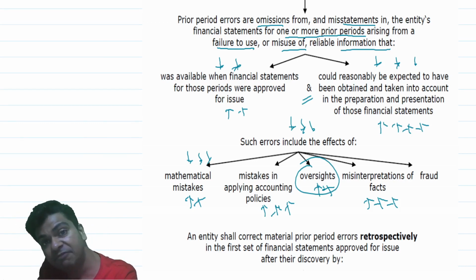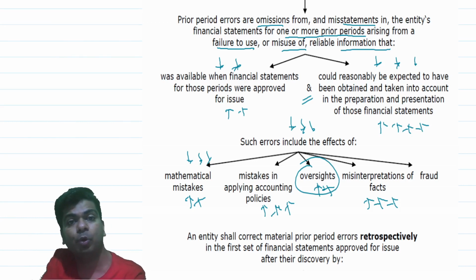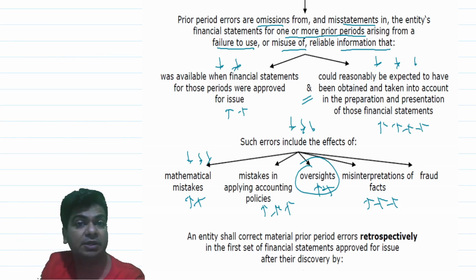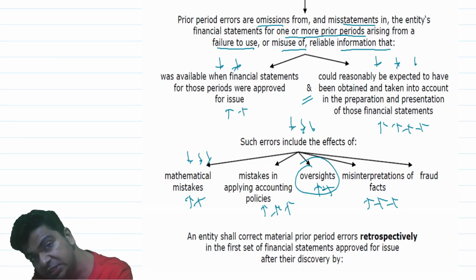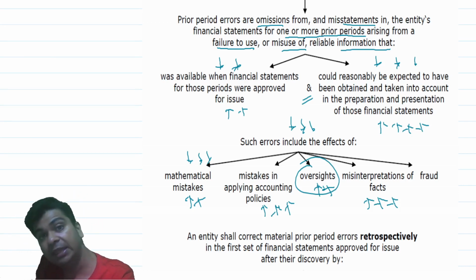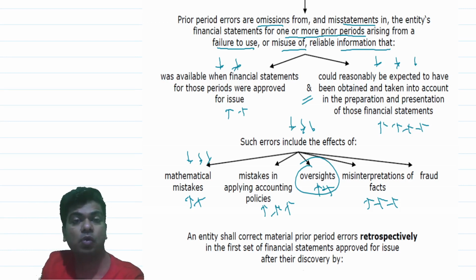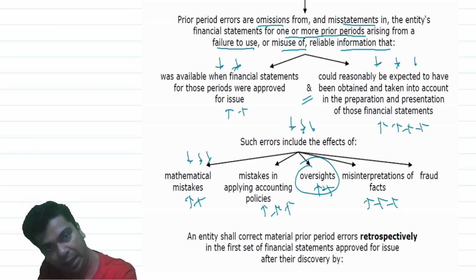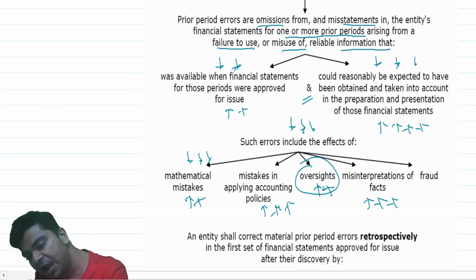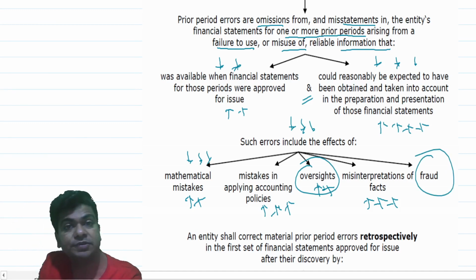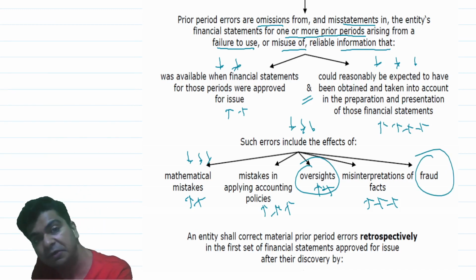There is some event which is occurring after the reporting date. It is actually an adjusting event, but I misinterpreted the fact and treated that as a non-adjusting event and gave only a disclosure with respect to the same. In the current year, I realized that this was a misinterpretation of fact and it can give rise to a prior period error. And finally, and really important, we will not come across the word fraud in Accounting Standard 5.